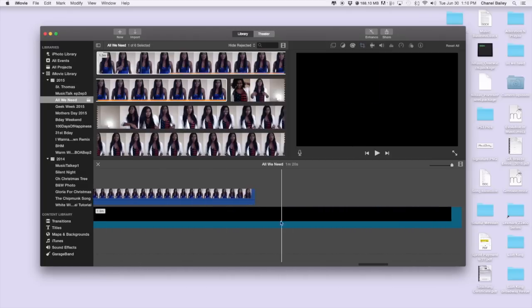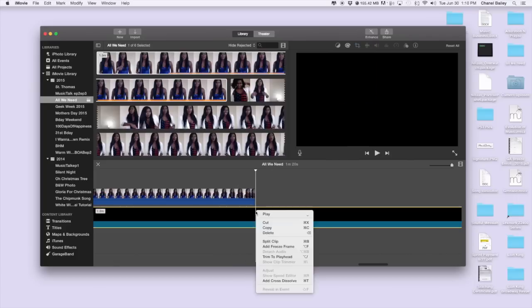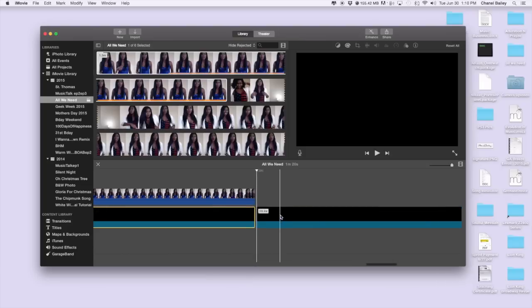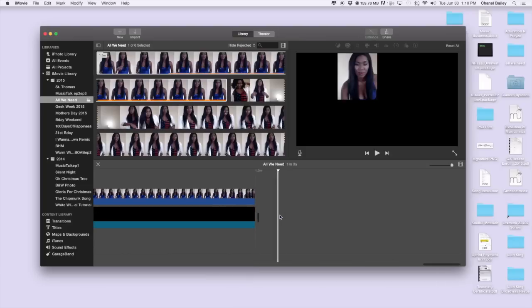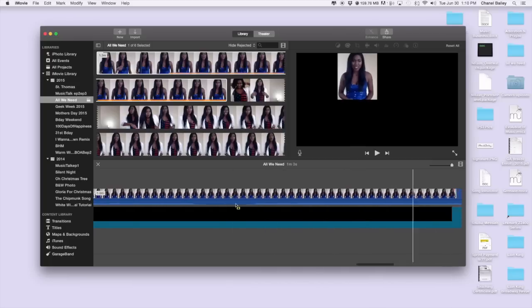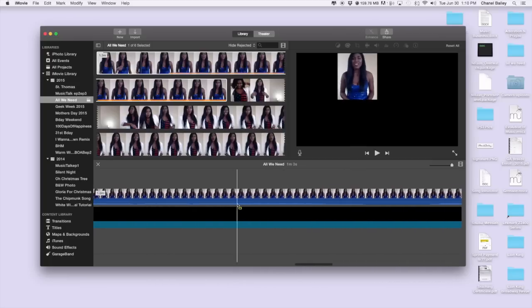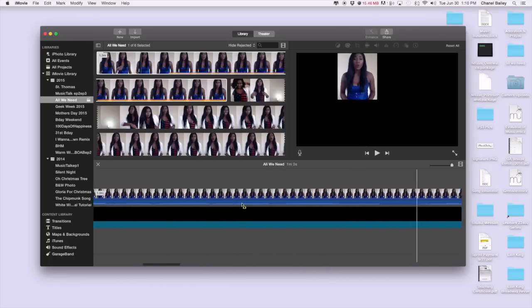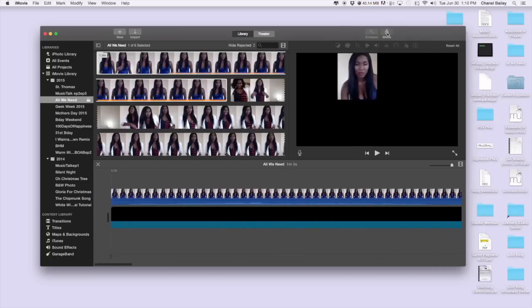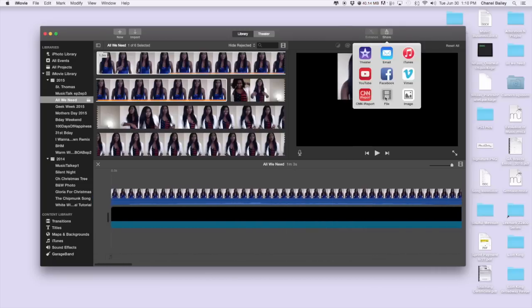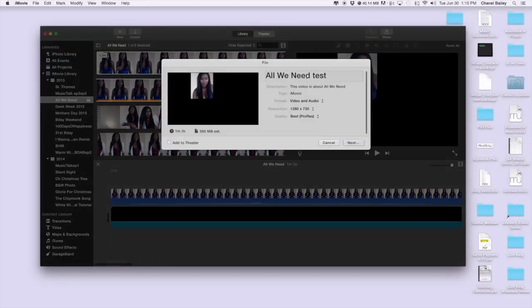And you see how our black background exceeds beyond our actual video. Let's go ahead and split that clip and then delete that 16.4 seconds that we do not need. Now here's where it gets a little bit tedious and a little tricky. If you're satisfied with where your first video is, go ahead and share it, file, and all we need, let's